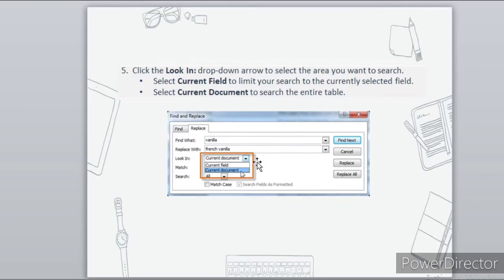Click the Look In drop-down arrow to select the area you want to search. Select Current Field to limit your search to the currently selected field. Select Current Document to search the entire table.